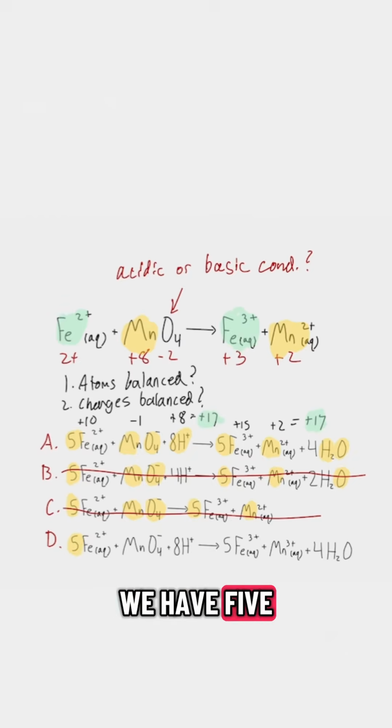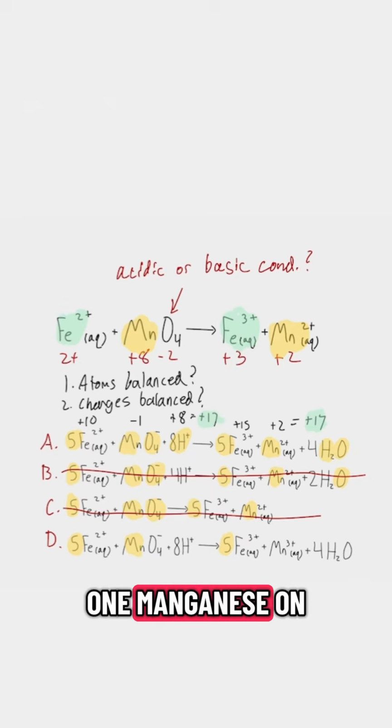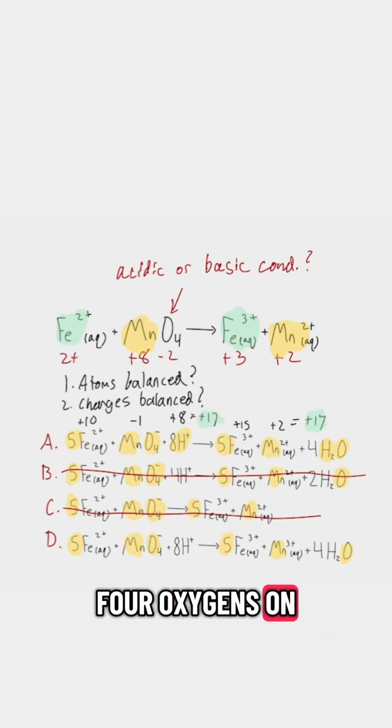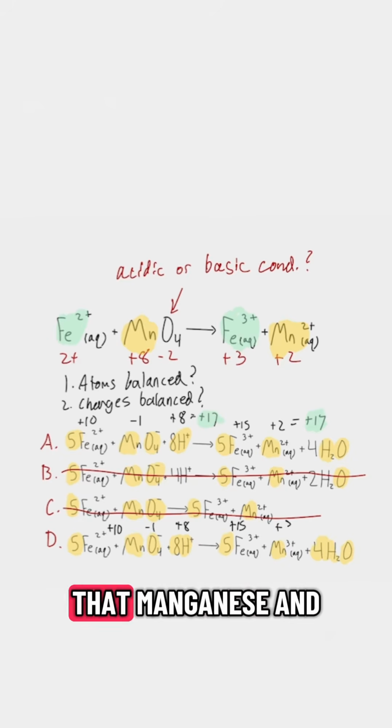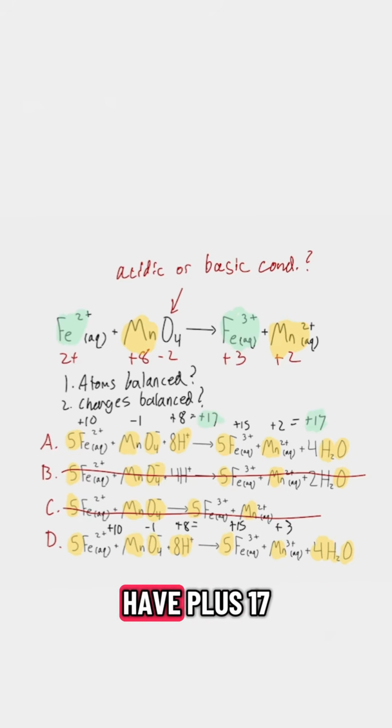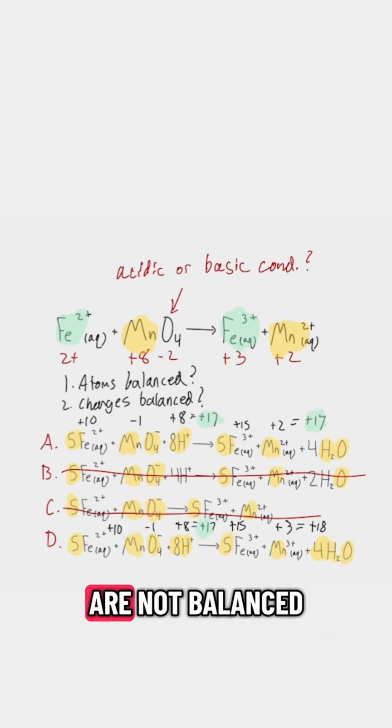For option D, we have 5 irons on the left and right side, 1 manganese on each side, 4 oxygens on each side, and 8 hydrogens on each side. For the charges, we have plus 10 from those 5 irons, minus 1 from this molecule, and plus 8 from the hydrogens. On the right side, we have plus 15 from those irons, plus 3 from that manganese, and nothing else. In total, we have plus 17 on the left side and plus 18 on the right side. Since these charges are not balanced, we can